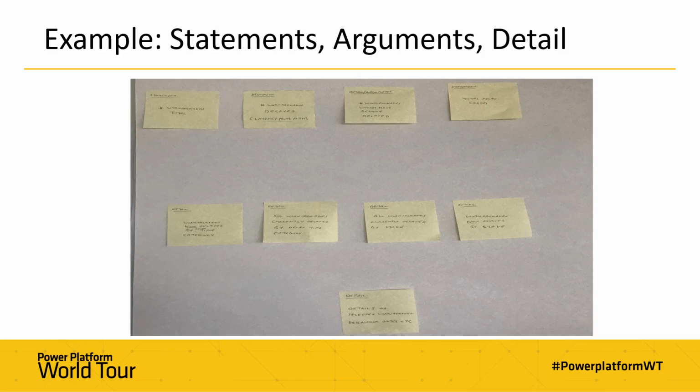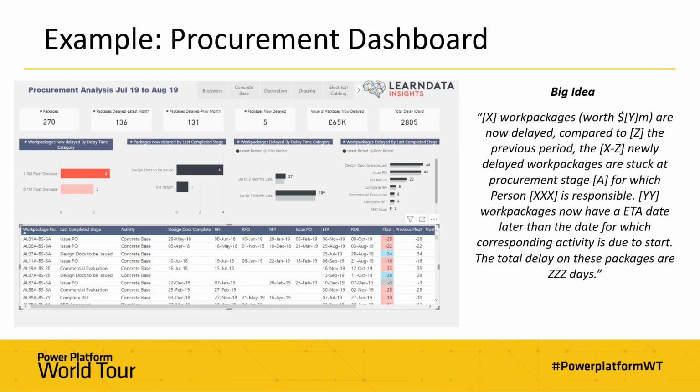We've also got then some details and breakdowns, so things like showing it by time category, showing it by stage. And then we've got detail at the bottom where we've got a table of all of those work packages. And the idea is, we started off with maybe 50 post-it notes and really distilled it down to these, the core ones that take users on that journey. So start with that high level journey and allow people to drill into that detail. And this is the end example. Obviously, this is anonymized. I've put it under a different brand.